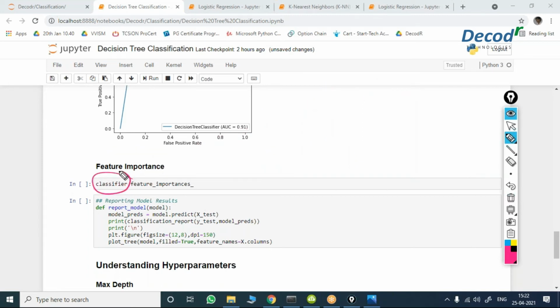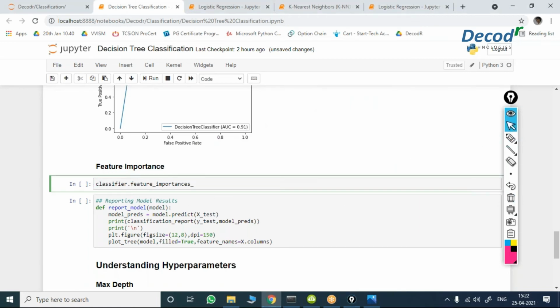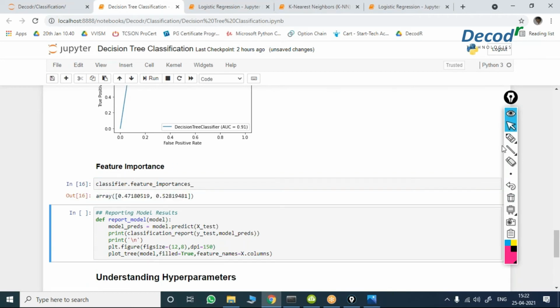You can write your model name dot feature_importances_ so that you get the importance of each feature. For example, the first column has 47% importance and the second column 53%. If you have 100 columns, for each column it gives the percentage it contributes to the output.